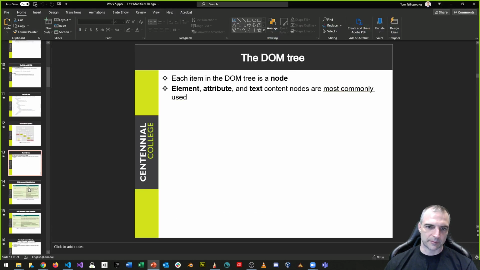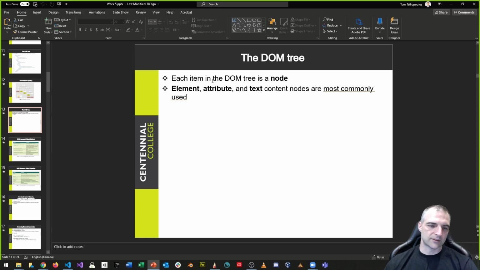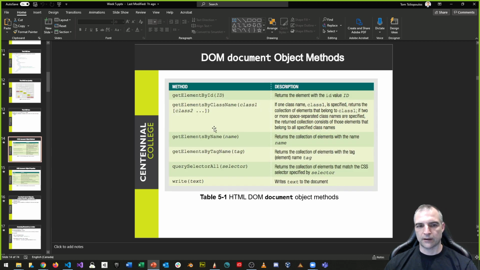And like we talked about, each item in the DOM is a node, and element, attribute, and text content nodes are most commonly used. We'll talk about what those are. And here is the first way of doing it. We talked about getElementById. It returns the element with the ID value, whatever that is. There's also